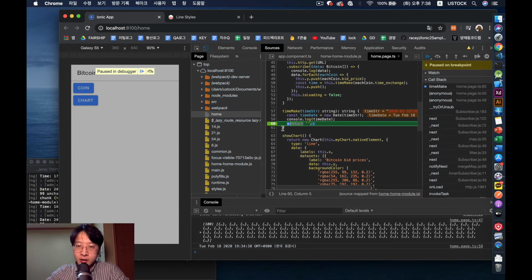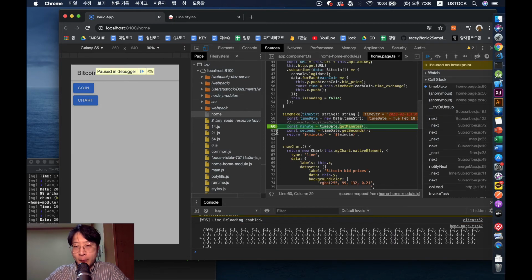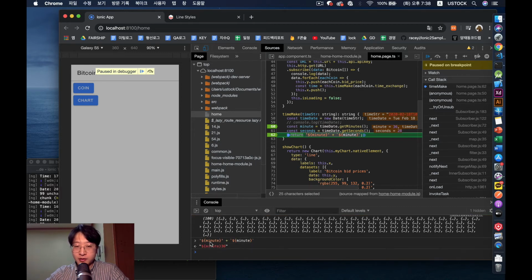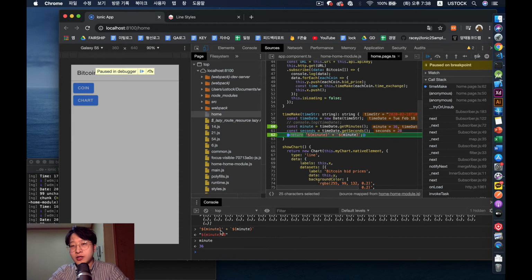Okay, I saved it, and my breakpoint is still there. Let's do the refresh. Press coin. Okay. After they define minute, if I copy this, paste it here, then it goes like that. So this string is going to be printed as it is, and this expression takes this variable and puts it into the string. So it says 36 because your minute is a number and it's 36. Okay,